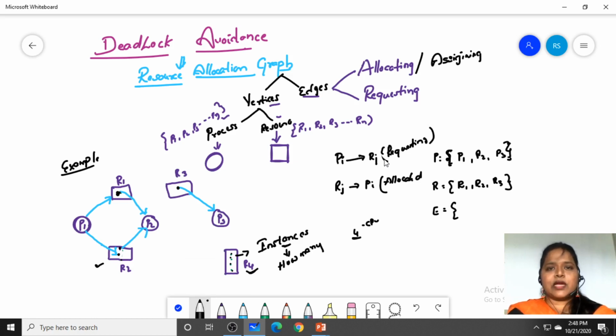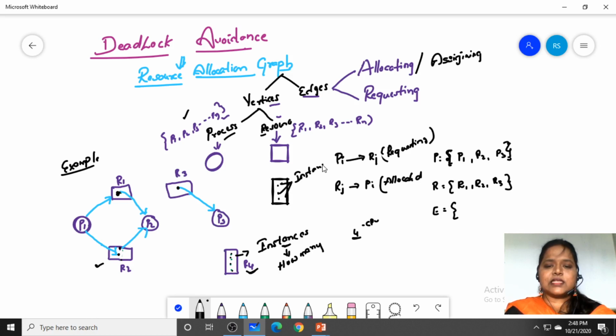So when we deal with this resource allocation graph, it contains vertices and edges. What are the vertices? Process vertices are there, resource vertices are there. Process vertices are represented with P1, P2, P3 till Pn, with a circle shape. Resources are represented with R1, R2, R3 till Rn, with a square shape. Another thing I have said is instance. We are going to make dots. These dots we call instances.